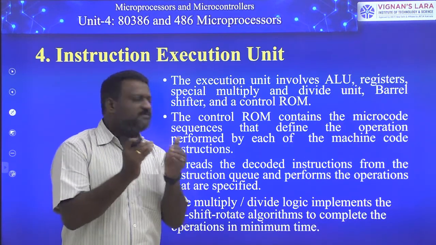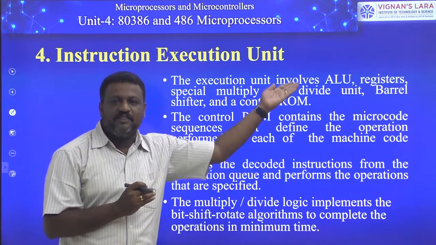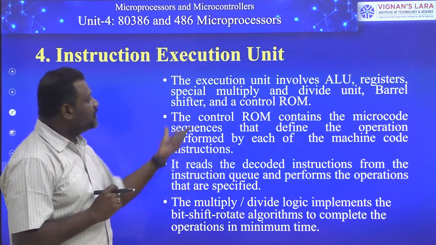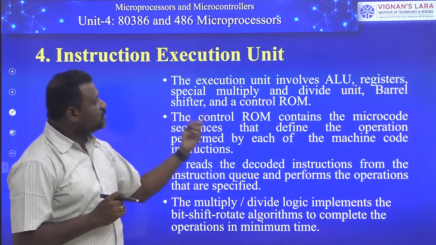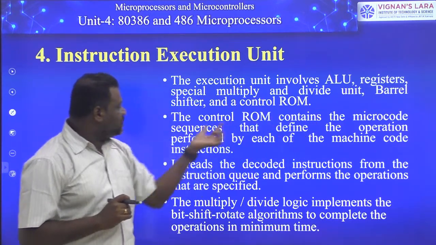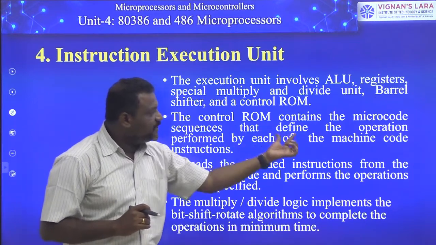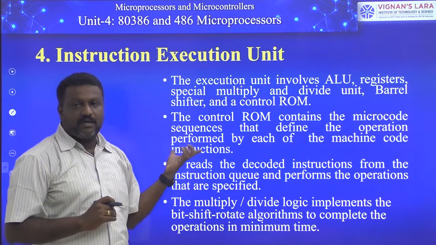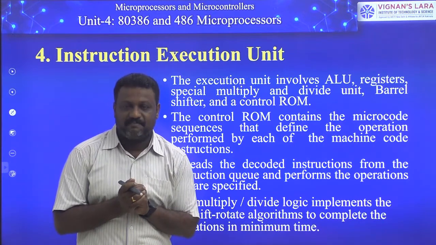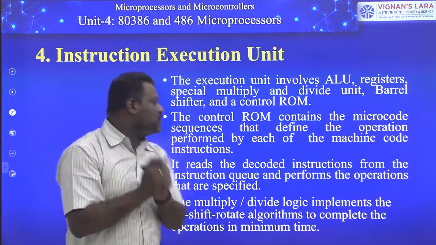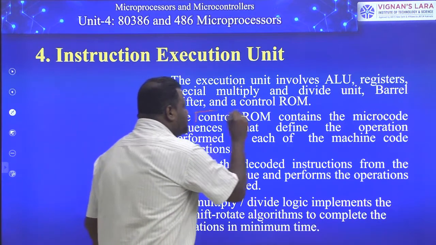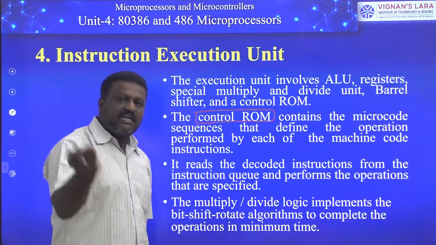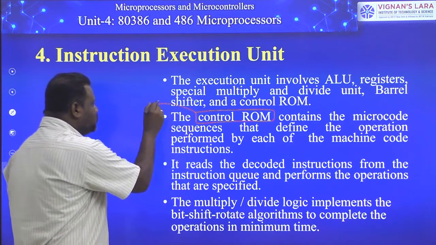Now we can discuss much more about the functionalities of these partitions which are present in the execution unit. First I start with the control ROM. The control ROM contains the microcode sequences that define the operation performed by each of the machine code instructions. What's the meaning of this, guys? You remember, friends, once you identify this control ROM, that means the corresponding processor's control unit type is